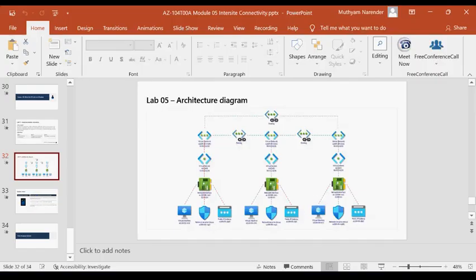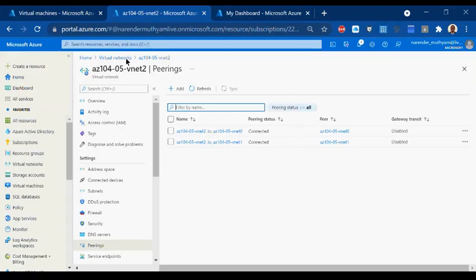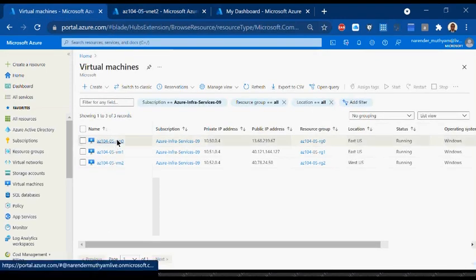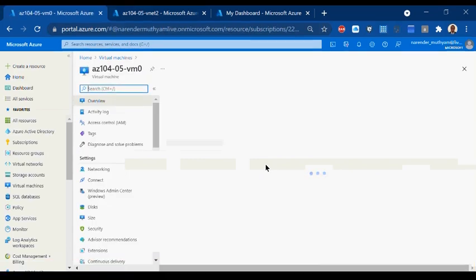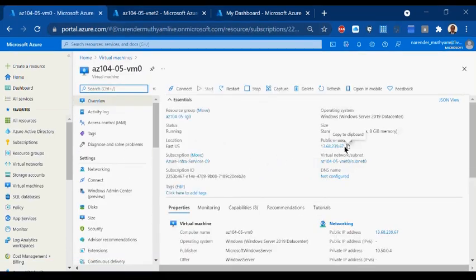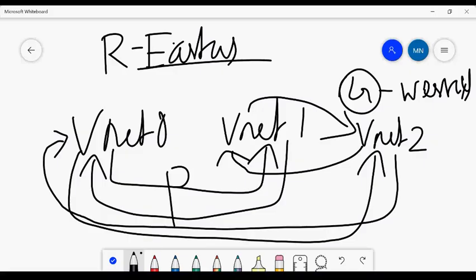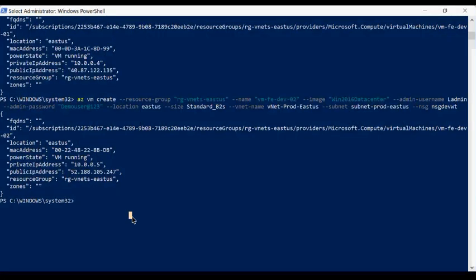Instead, you can directly use your public IPs and connect to them. So what is the public IP here? Take the public IP and do an MSTSC here.